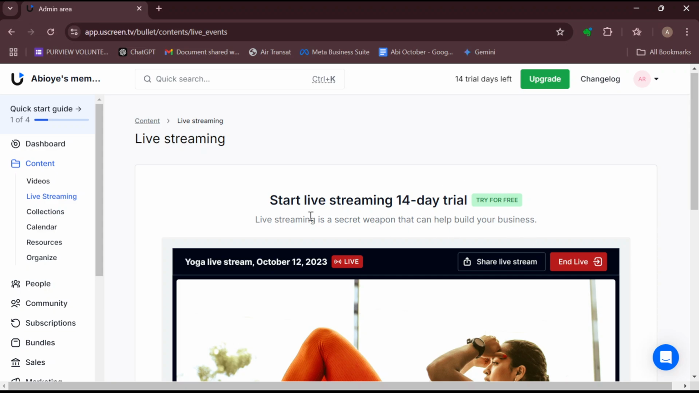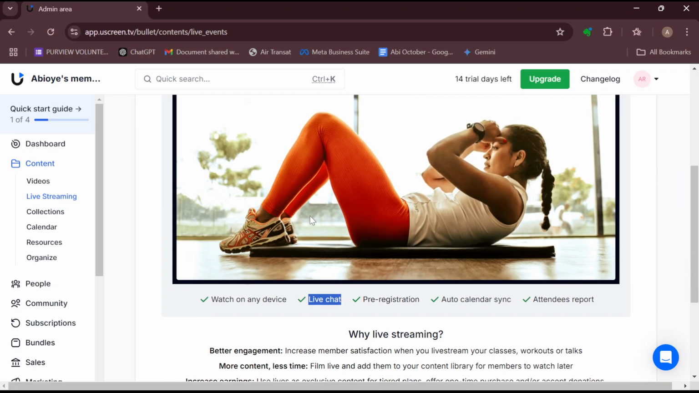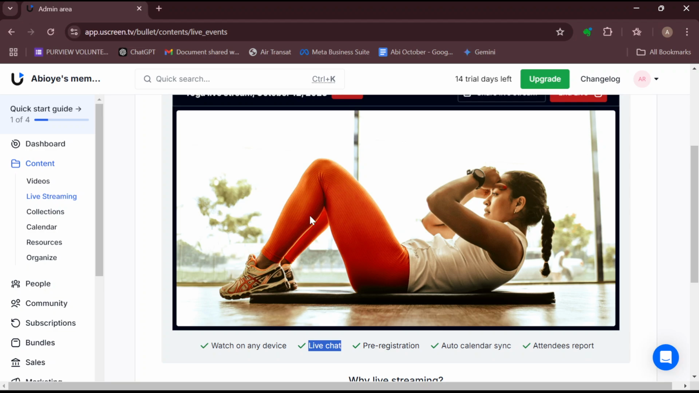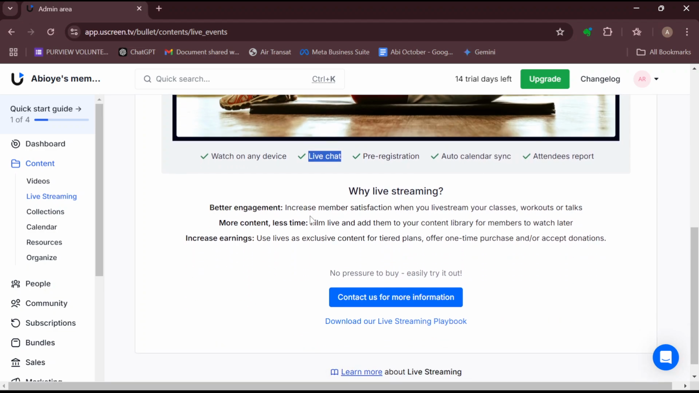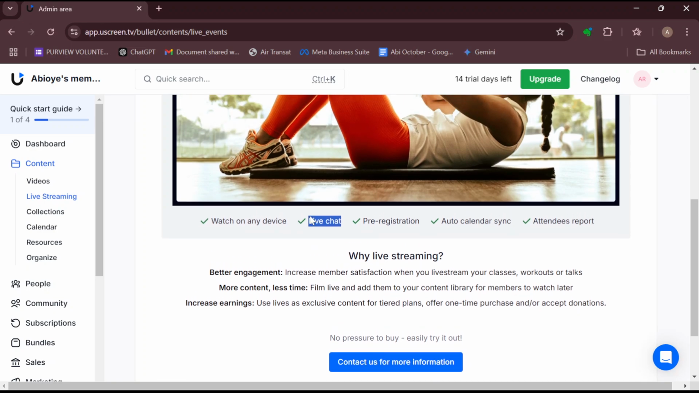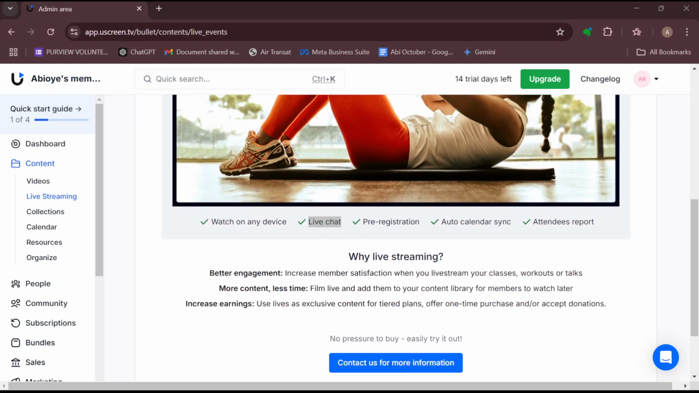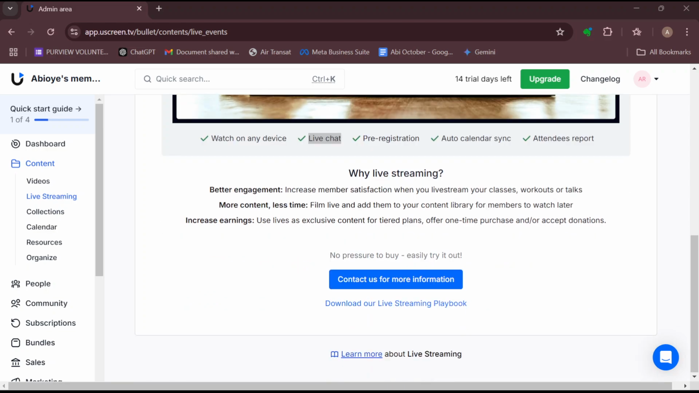Alright, you have to ensure that you have upgraded your account to the paid version, and then you are either on the 4-day trial or you are already on the paid version. Once you're already on the paid version, you will see the option for you to start live streaming on this page. Select it, and then while the live streaming starts, you would have access to the live chat under the